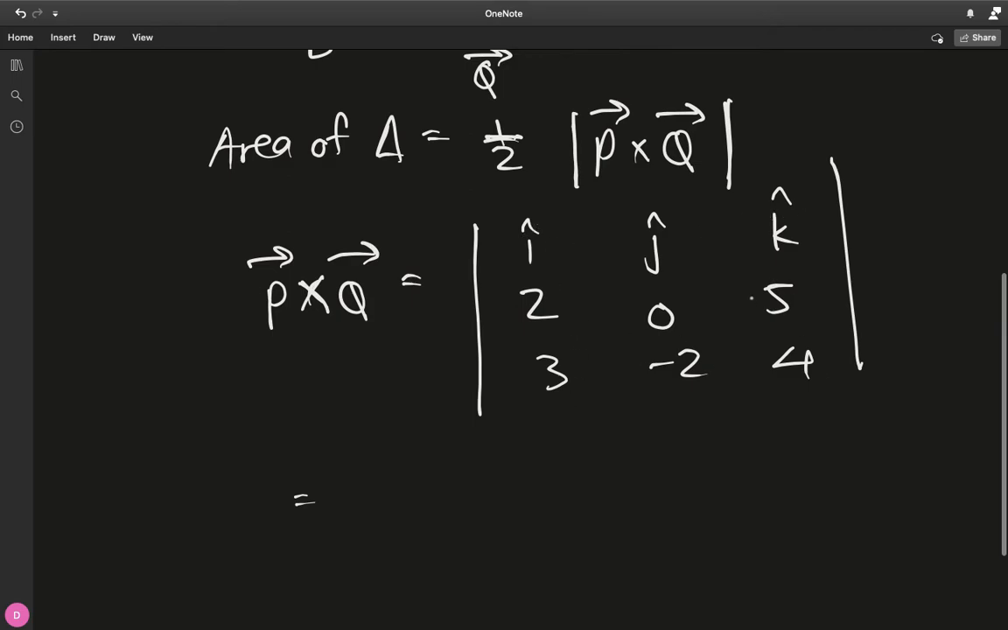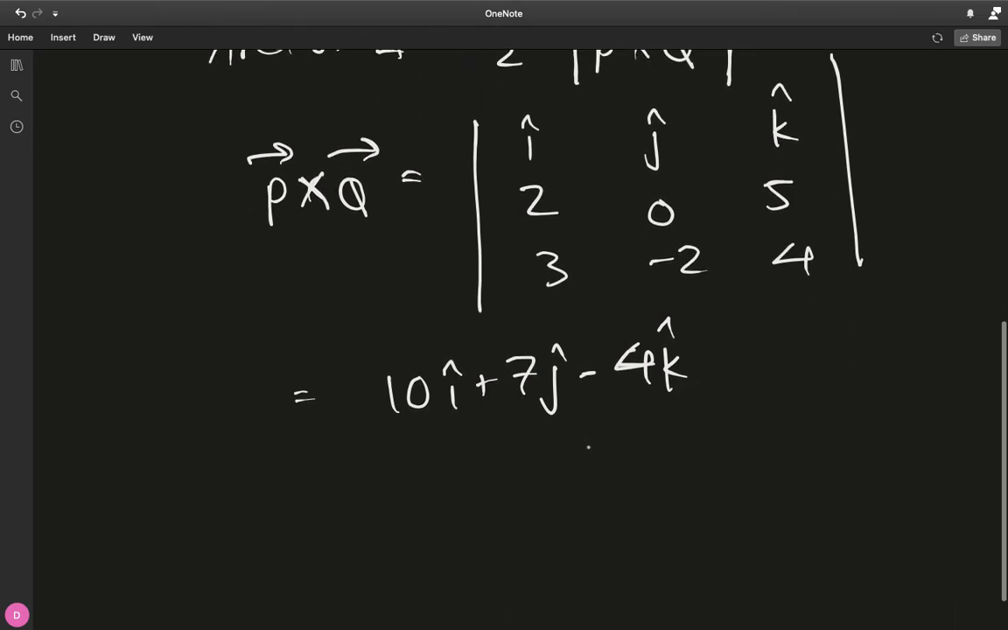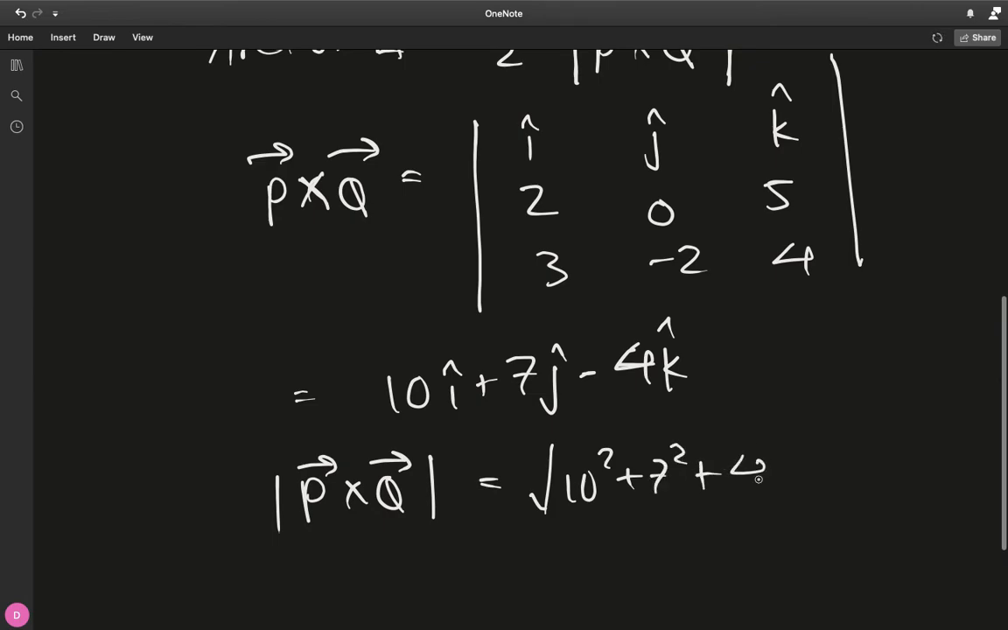We get 10 i cap, minus and plus will eventually make it 7 j cap minus 4 k cap. You can do this calculation for yourself later. And now to find the magnitude of this cross product of P and Q, we just have 10 squared plus 7 squared plus 4 squared, which evaluates